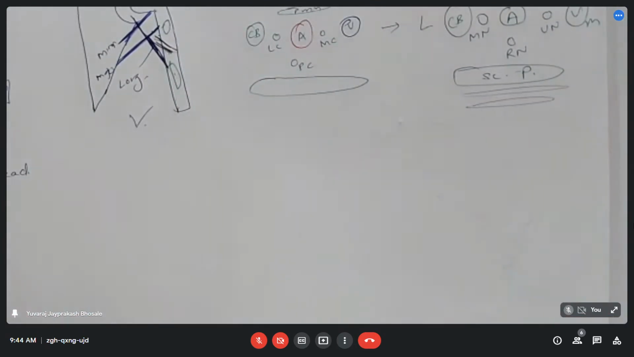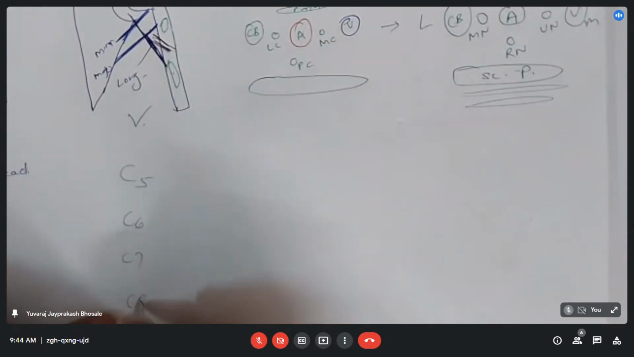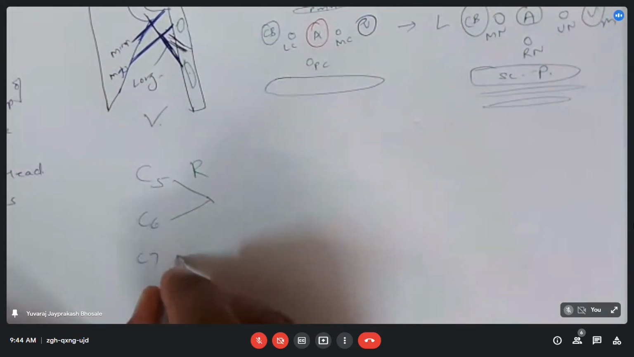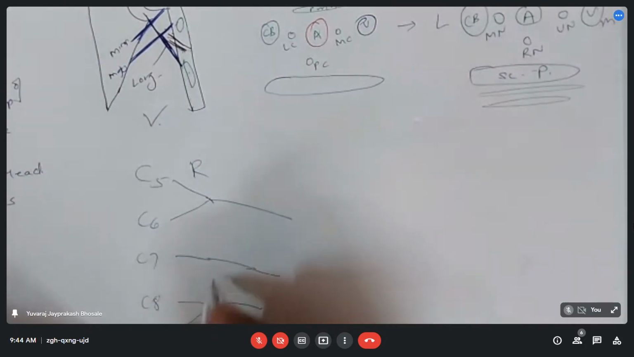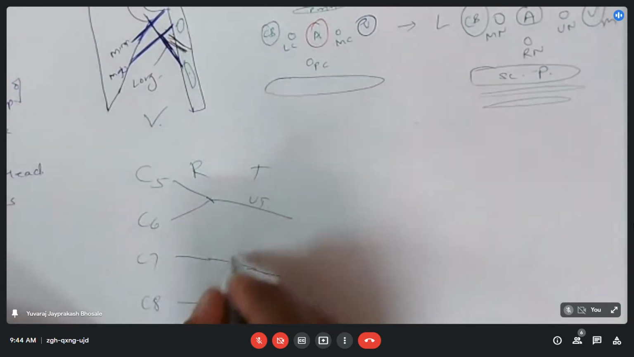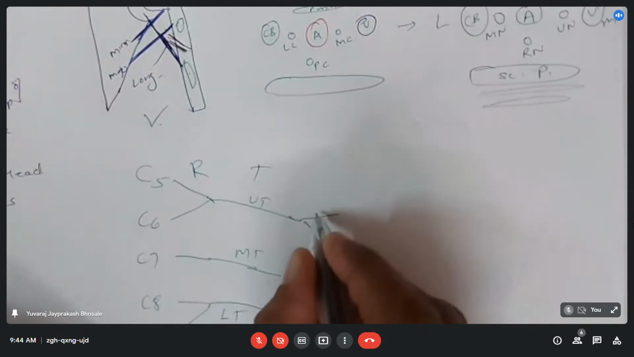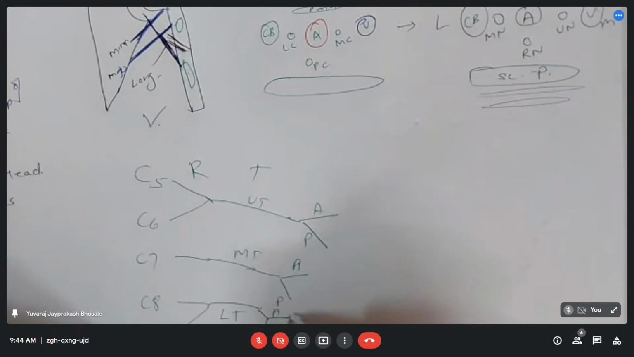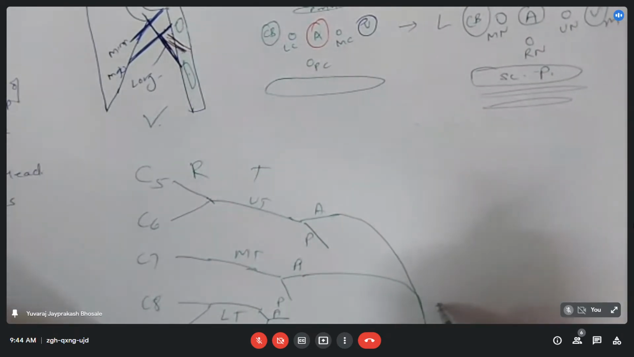If I have to revise for you, from where does the radial nerve take origin? It takes origin from the brachial plexus. C5, C6, C8, T1 are the roots. All the roots unite to form trunks: upper trunk, middle trunk, lower trunk. Each trunk divides into divisions, anterior and posterior. The anterior divisions of the two upper trunks unite to form the